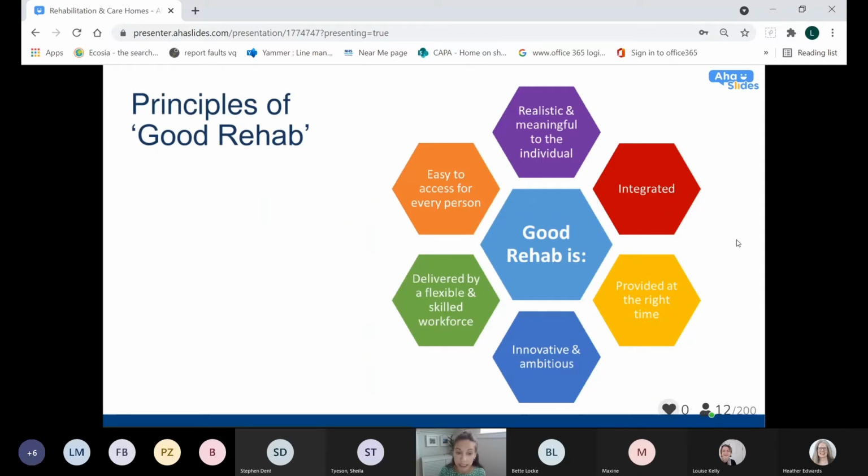For example, easy to access for every person. That would be your staff, so is rehabilitation easy for you as a staff member to get for the people you look after? Is it easy for people to self-refer themselves? There are so many parts to that, and I think with the word easy, we try to keep it as simple as possible. But like I say, we're really keen to know if those actually do make sense for you